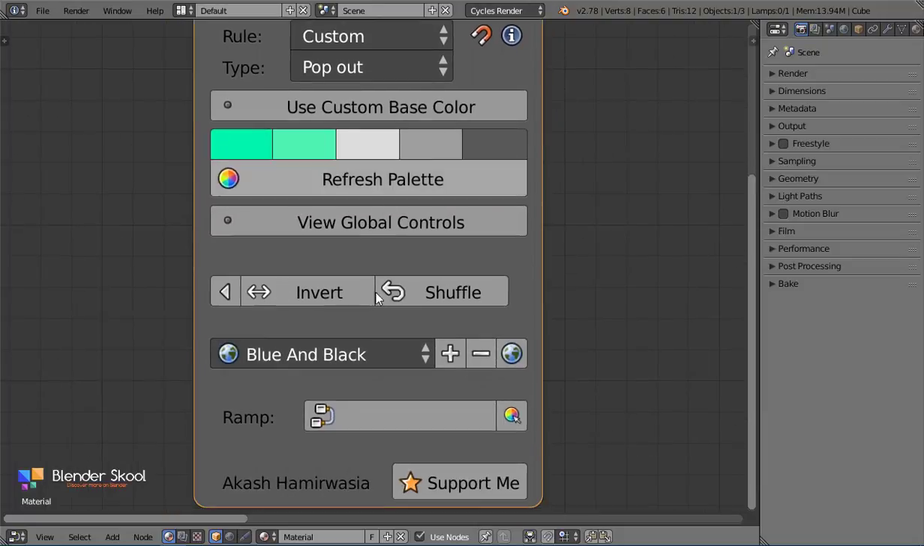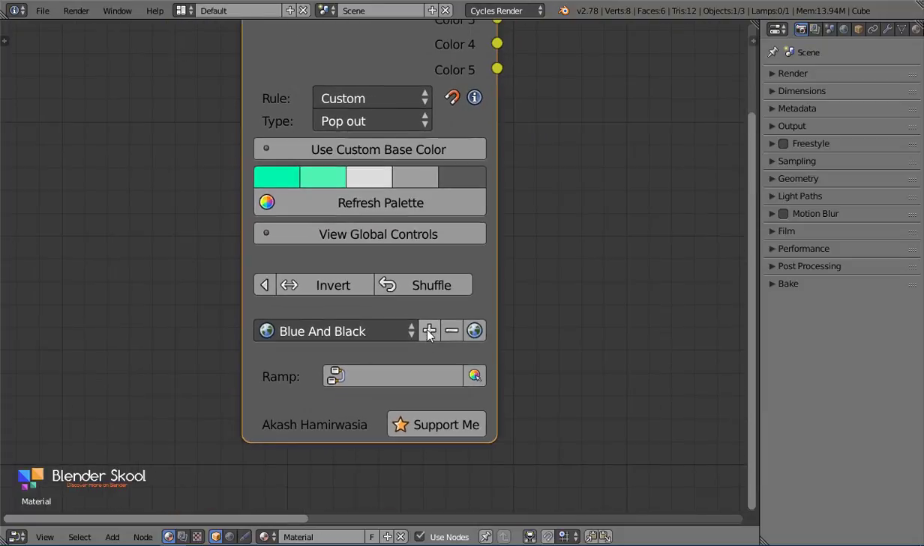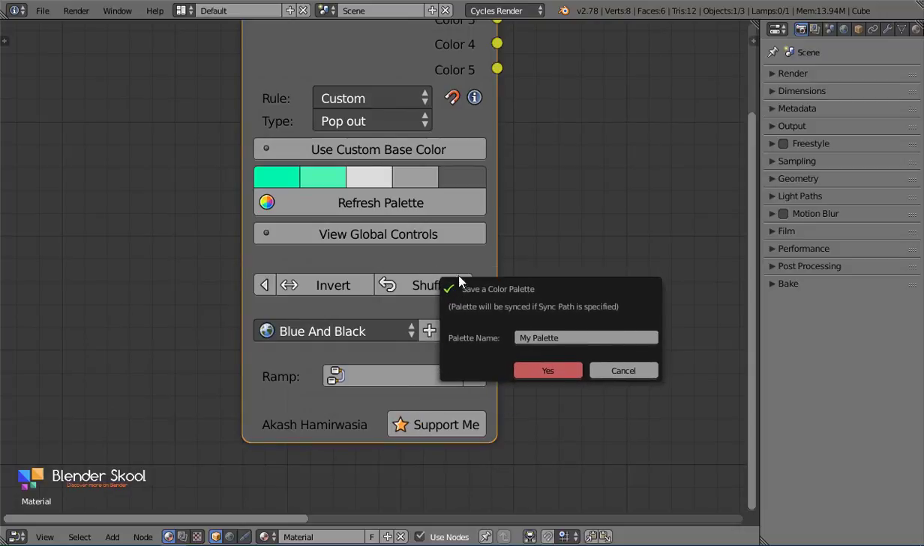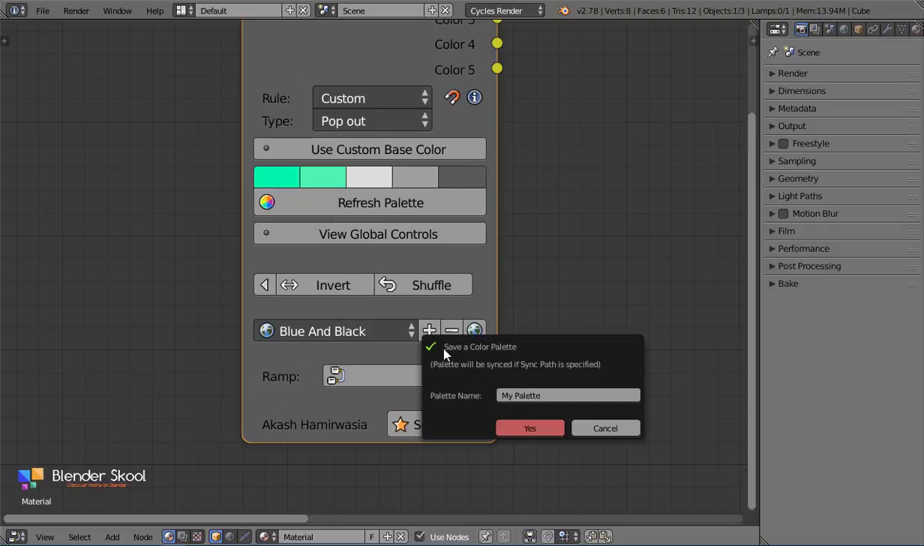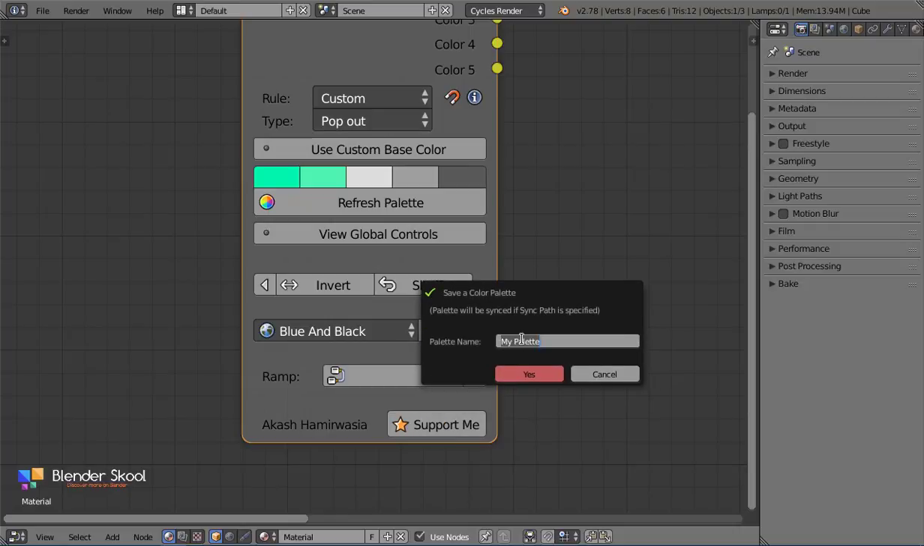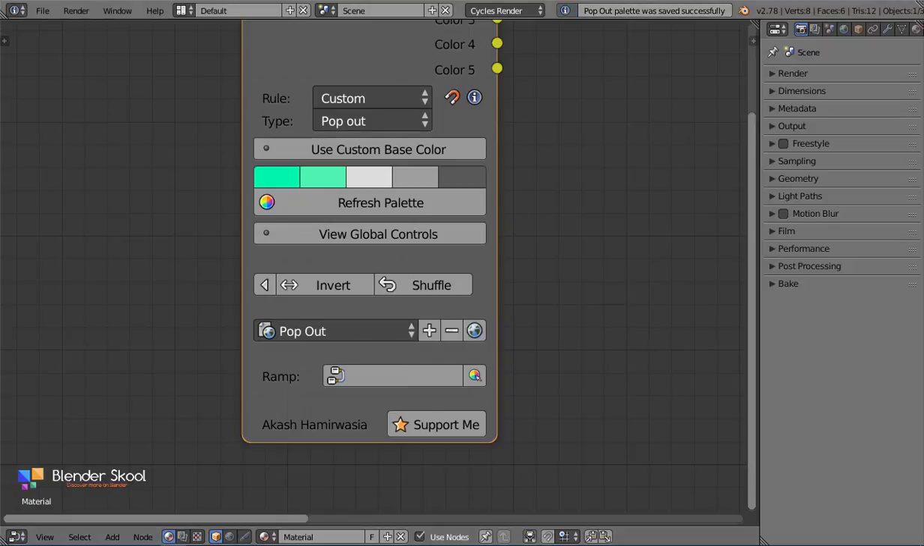Well, with Kaleidoscope you can even do that. So if you click on this plus icon, you have this option for saving a color palette, and it'll ask you the palette name. So you can enter a palette name over here. So let me call it pop out itself. Okay, that's fine. And then if you click on yes, it's gonna show pop out palette saved successfully, and it's now saved, and